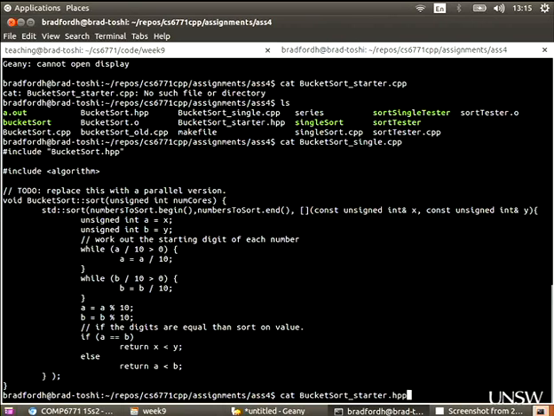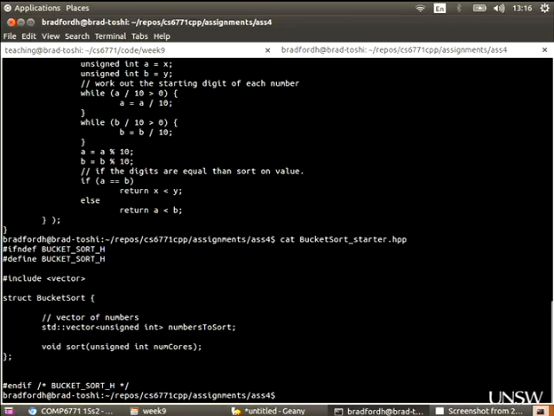a header file. Your header file at the moment might just look like this. See, it's just got this vector. By the way, note this is a struct and all these things are public. The reason for this is we're trying to write fast code, so we're going to ignore all the object-oriented, make-all-your-data-private stuff. We're just trying to go for speed in this assignment. So the struct is just a public thing with some public numbers to sort, which I write into,